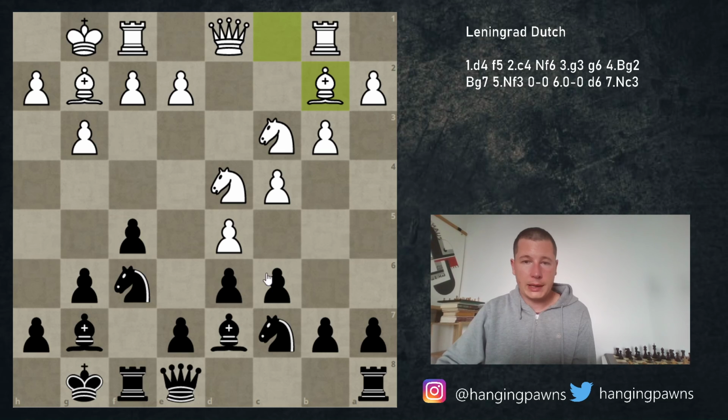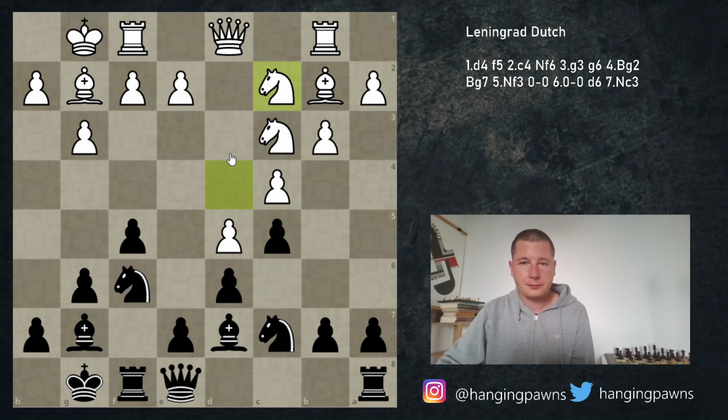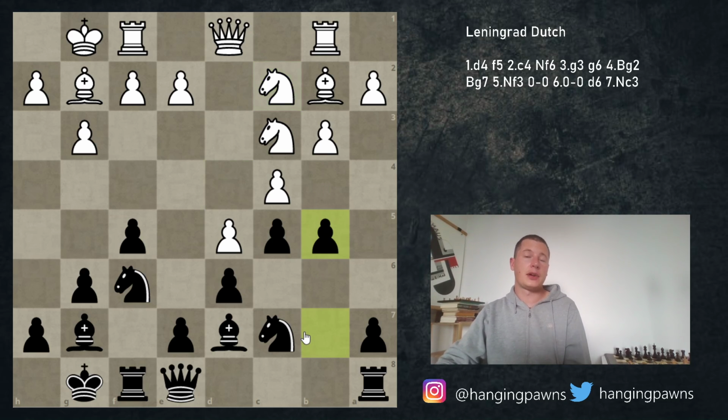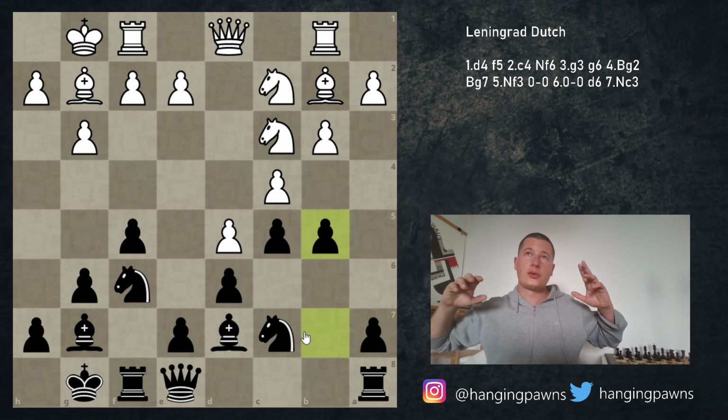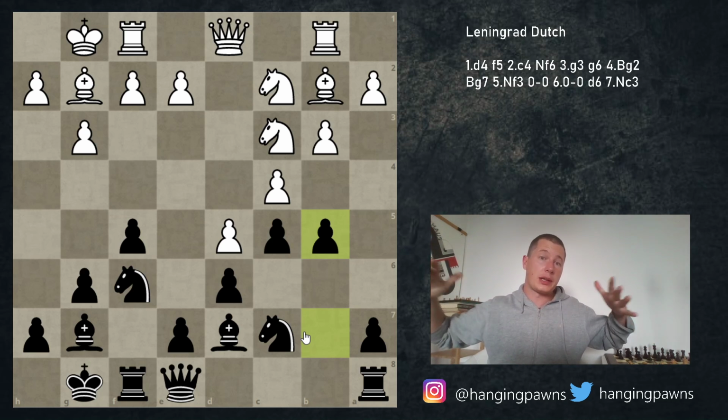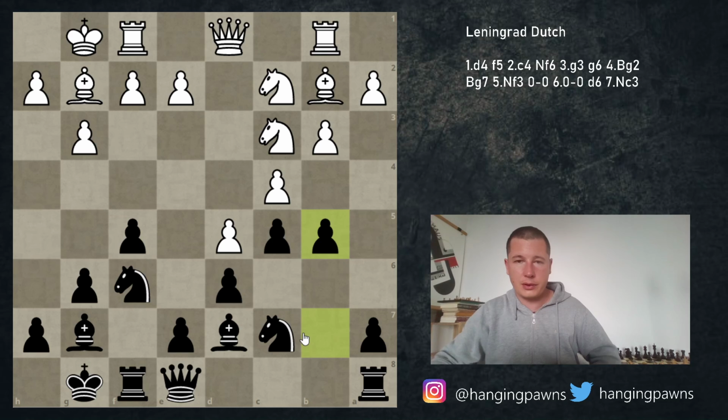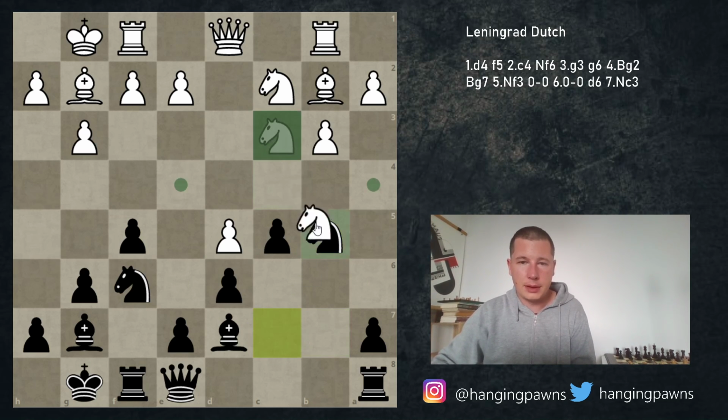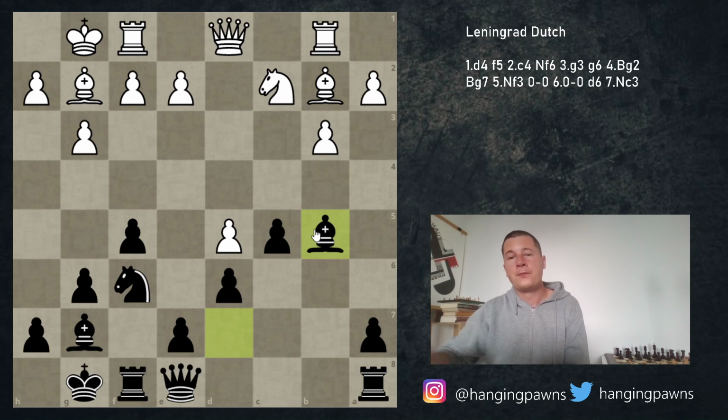Bishop to b2 and c5. You couldn't play c5 in one move because dc5. And now after knight c2, again supporting the b4 square, you continue with b5. And you sort of challenge white on the side of the board where he wants to attack. You sort of put pressure on the queen side yourself. cb, knight b, bishop b, and again,